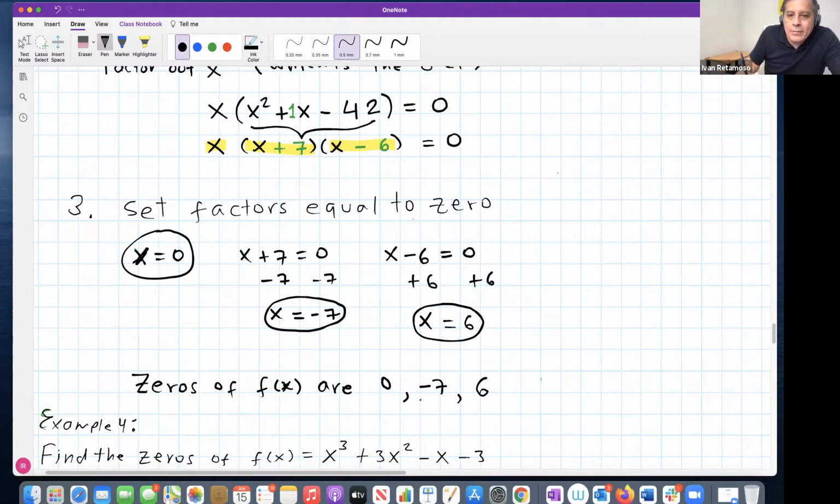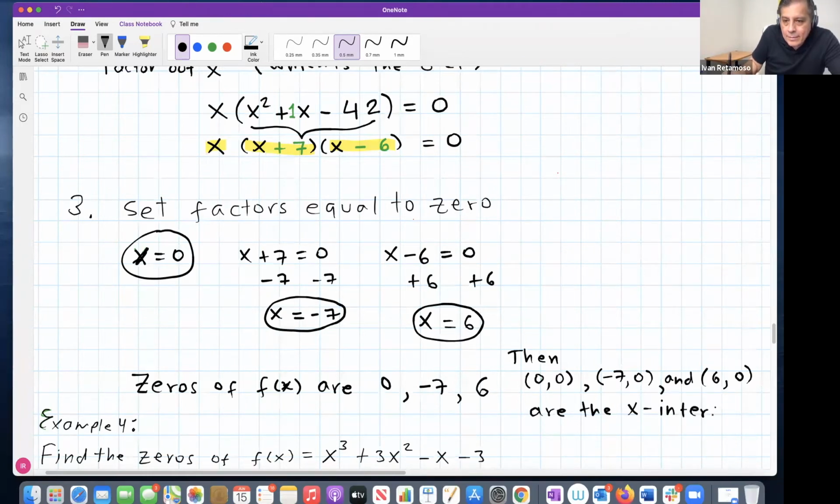There is a connection between these zeros and the X-intercepts. Since the output values of these are clearly 0, because when you plug 0 into the function, you get 0. These three ordered pairs, (0, 0), (-7, 0), and (6, 0), all lead to 0 when evaluated. These are going to be the